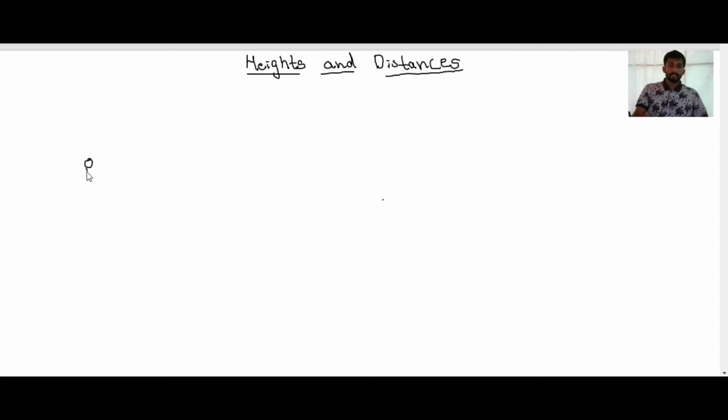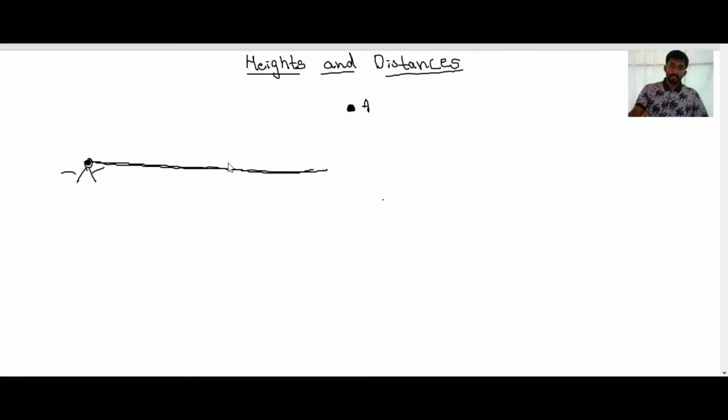Suppose here one person is there. Then see, I'm taking one object here. Name this as object A. Here you can observe, assume that this is the eye of the person. Then I'm drawing one horizontal line here, that means a line from the person's eye. Here I'll draw one horizontal straight line. Then see, if you observe, object A is above the horizontal line, right?